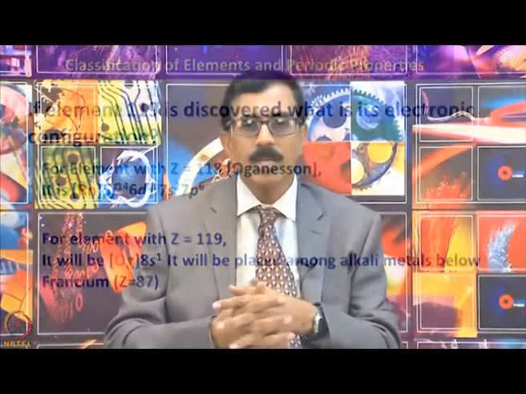So this electronic configuration is nothing but the distribution of electrons into the orbitals. That means, of course, atomic theory describes everything in a nice way, and we are all familiar with writing the electronic configuration for any given element in the periodic table. Now let us look into the electronic configuration of various groups in the periodic table.